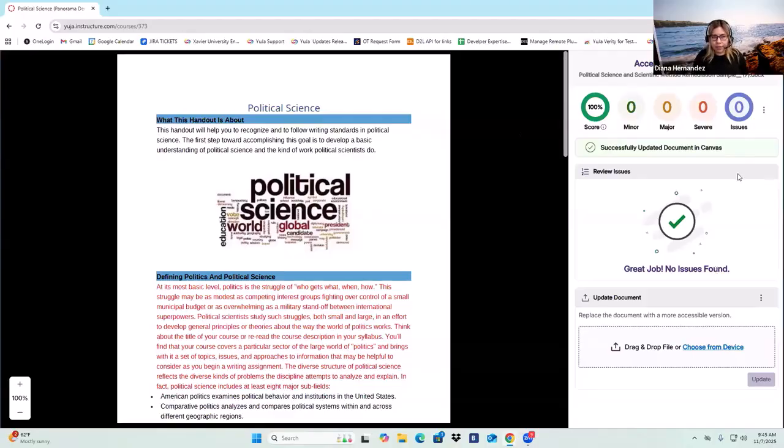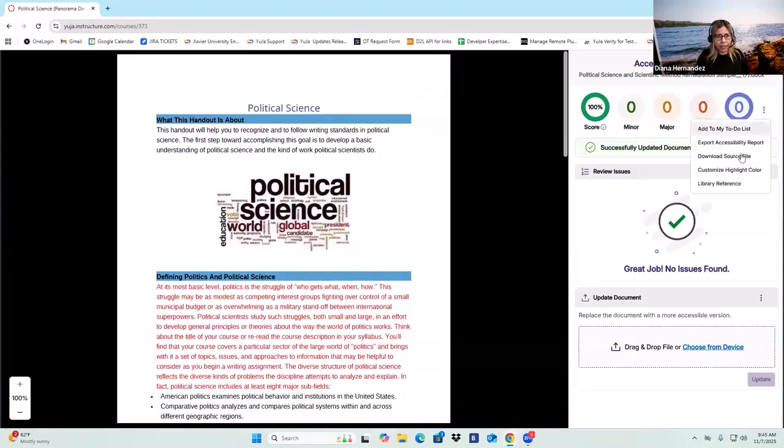All right. Some key items to remember about the accessibility report: if you look here on the right side under more actions, you can add documents to a to-do list. So in the case that you are working on this document but run out of time and want to go back to it later, you can add it to a to-do list. I'll show you how to access that to-do list.